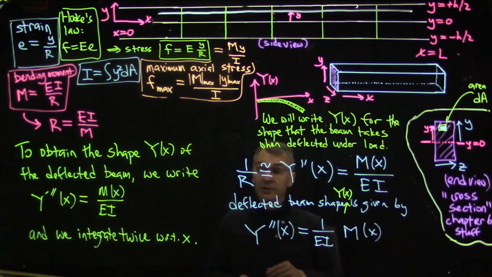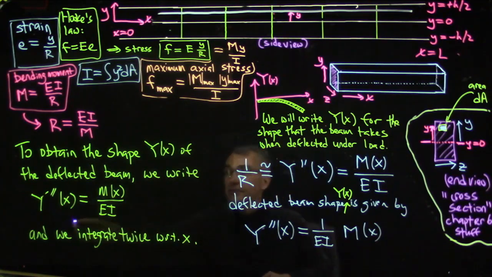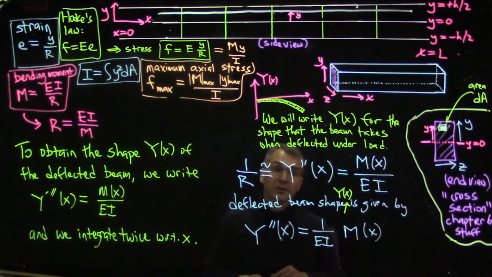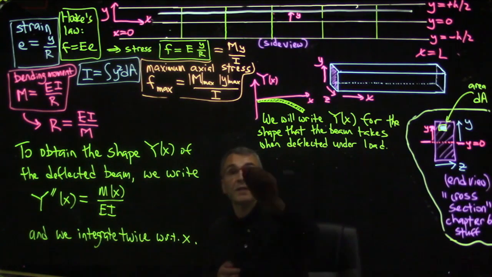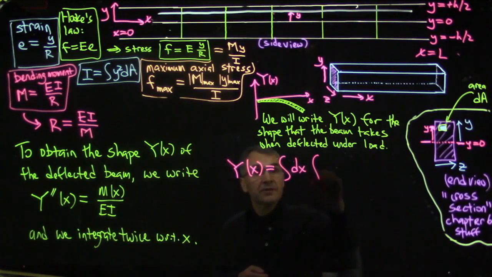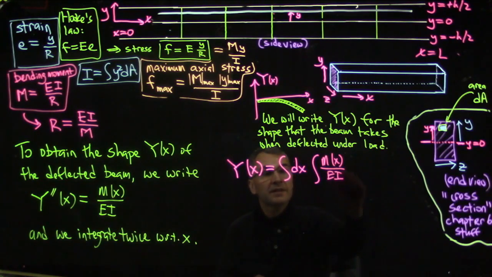You won't actually have to do it, but it helps to see that if this moment diagram is a second order polynomial, a parabola, then the deflected shape of the beam will be a fourth order polynomial. And if this moment curve is a first order polynomial, then the deflected shape of the beam is a third order polynomial, and so on. Okay, so we can write y of x is the integral dx of the integral m of x over EI